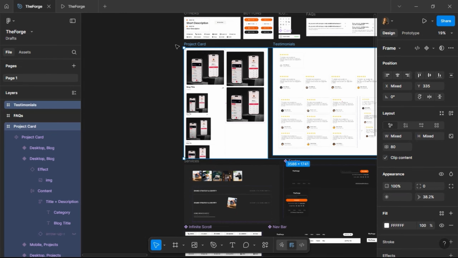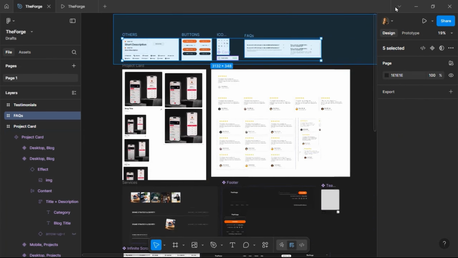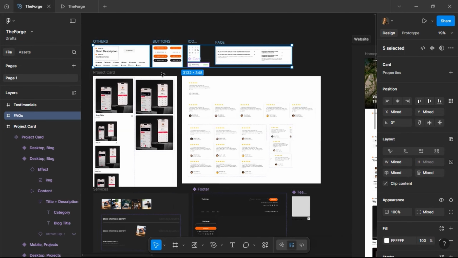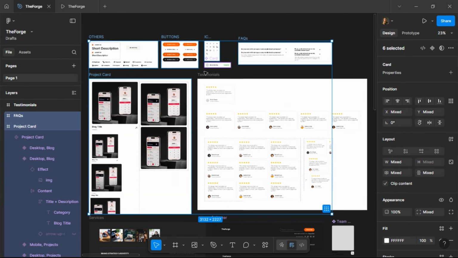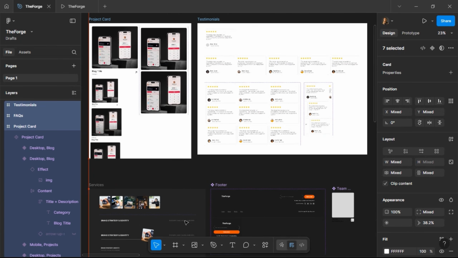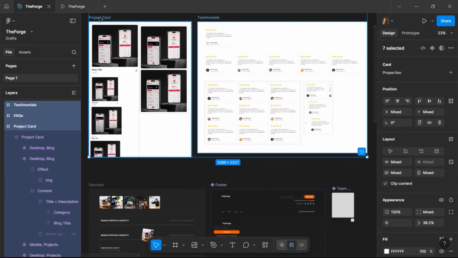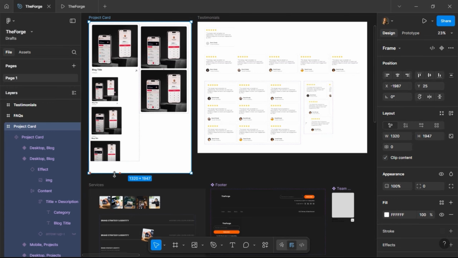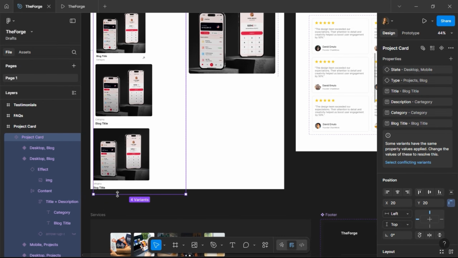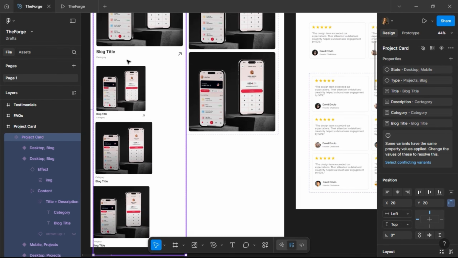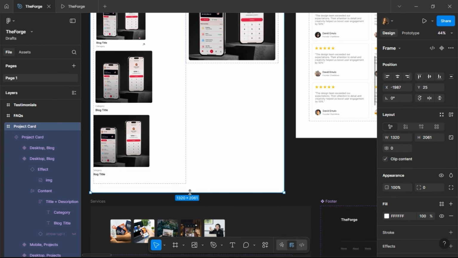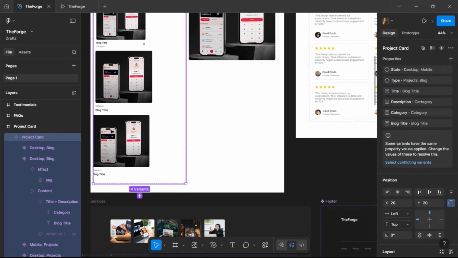So let me push this to the top a bit so I can, alright, so I'm going to select this and then select this and then push this to the top a bit, then stretch this so I can see everything that I'm doing properly. Damn, it's still not enough. Alright,